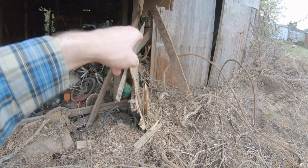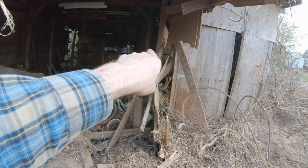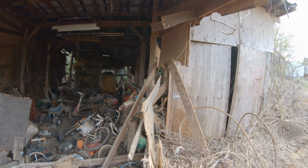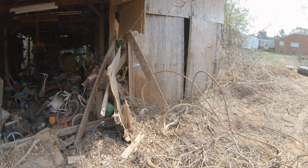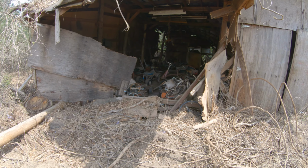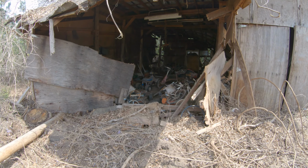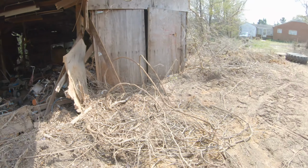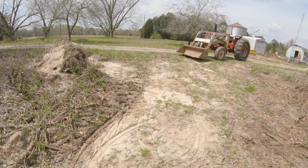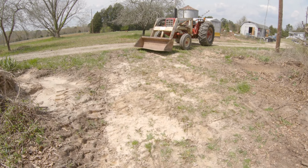Dig out, put a new cedar post here, replace the 2 posts back there that are rotted, reframe the 2x6s back there, put some more sheet metal up, build another door here, and it'd pretty much be ready to go. Come in and pour some concrete because it is a dirt floor. But yeah, that's I'm sure going to be far cheaper than having a new pole barn